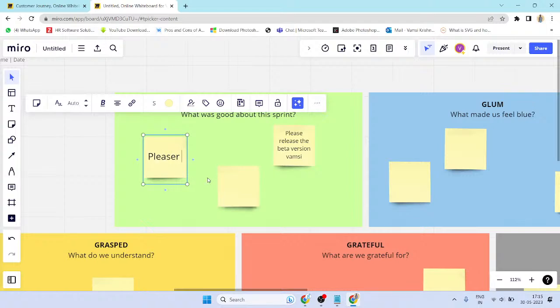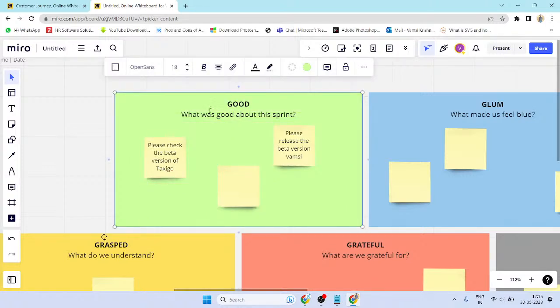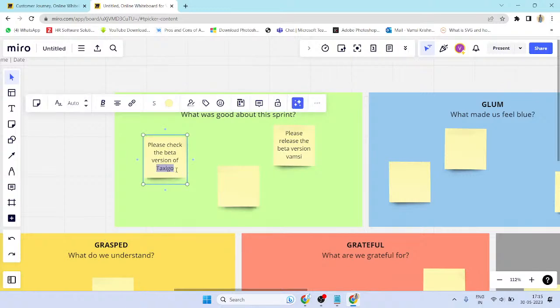Please check the beta version of mobile app of Taxigo. Okay, so here we have given the project. So I can create a title here, and I can give the analysis of this complete project. Meaning I'm just mentioning the names, Taxigo,